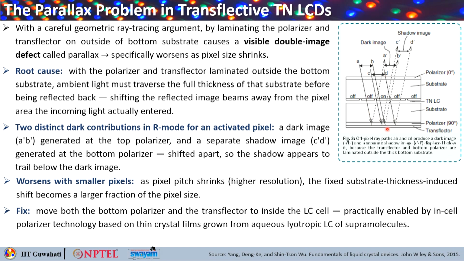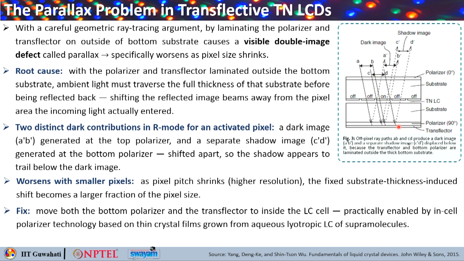You can consider a single activated pixel which is viewed obliquely. One incoming ray path is AB, which enters and is blocked by the top polarizer, generating a dark contribution at positions A prime, B prime that you see here. But a second, geometrically distinct incoming ray path, C prime D prime, also enters at a different point, travels down the activated twisted nematic layer, and can come down and get absorbed by the bottom